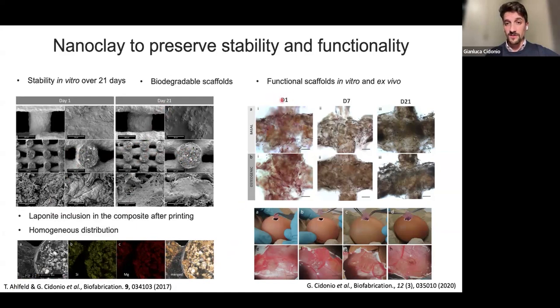So even after 24 hours, those cells are already triggered to become bone tissue, even without osteogenic conditioning, so in basal media, without the addition, for example, of beta-glycerol phosphate or any other additives like vitamin D3. This is really mineralizing over time, up to 21 days, where you can see mineralized nodules. So we tested this interestingly in a CAM model, a chicken chorioallantoic membrane model, where we had this 3D bioprinter system, implanted them in this vascularized membrane,